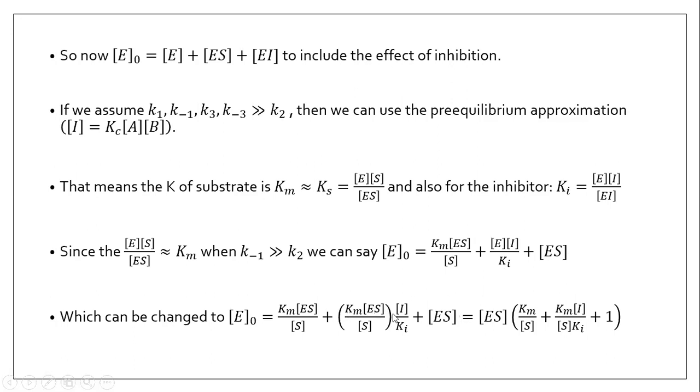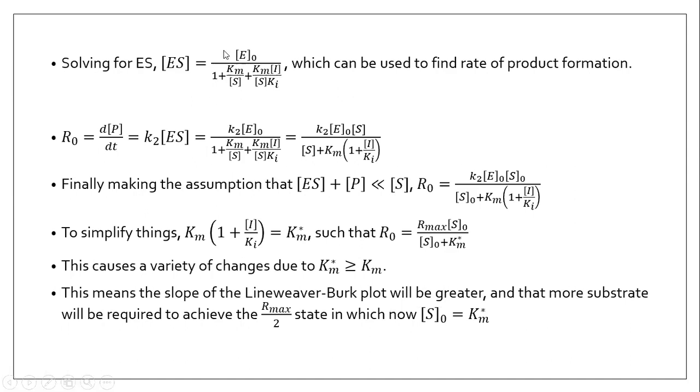Then, of course, to deal with getting everything in the same terms, we're going to turn E into Km ES over S, as we just did, so we can get those two terms together, add them together, and then take out ES from all parts, and say that E0 equals ES times (Km over S plus Km I over S Ki plus 1). Now solving for ES in terms of E0, we divide everything to the other side. And so now we have a way to abbreviate ES, the substrate intermediate, which we can now use to find the rate of product formation, because we needed ES in the product formation. So plugging that in,